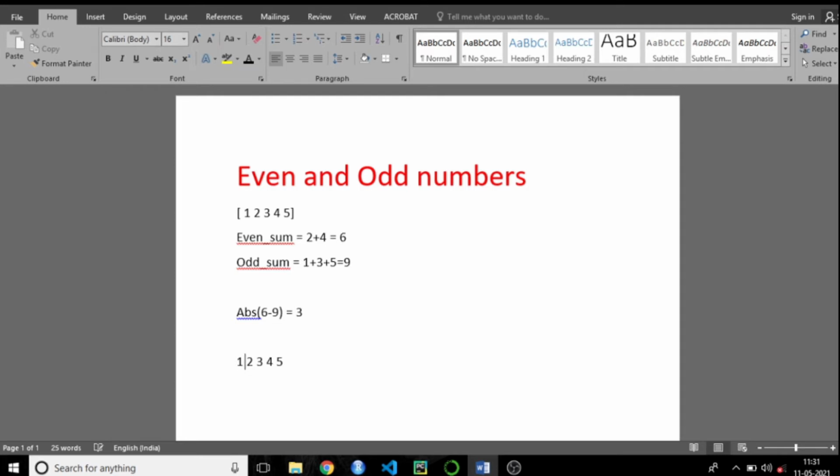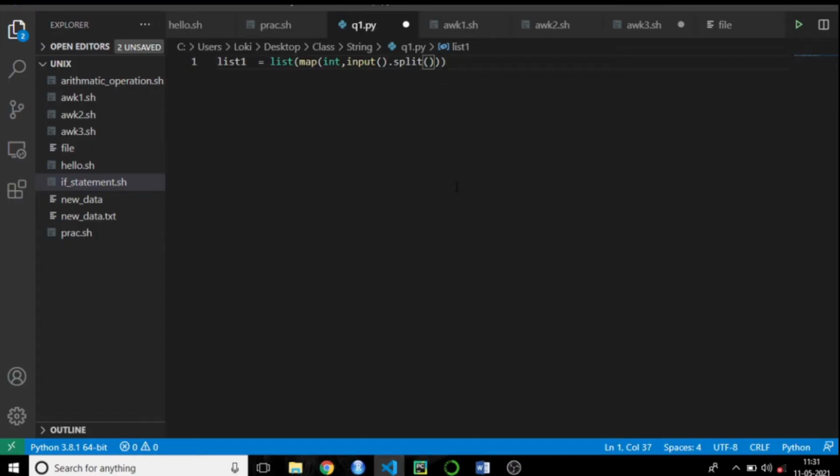If there is a comma or any different delimiter, just specify it inside the parenthesis of split. This is how you will take an input in a single line. There is one more method also, so just practice this one, it will be very helpful.